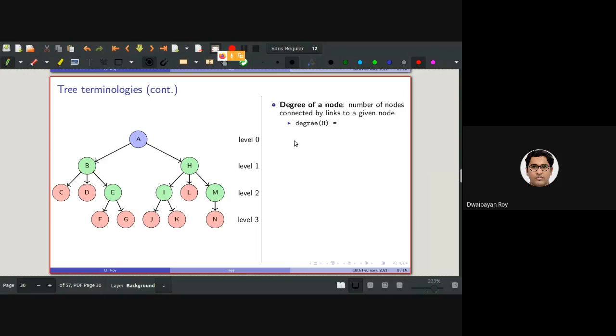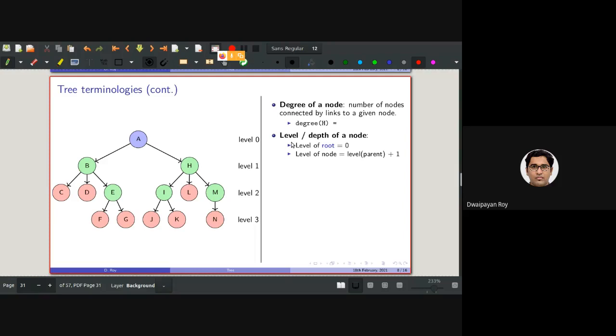Degree is the number of nodes connected by a link to a given node. So what will be the degree of H? 4. Degree of H will be 4 because there are 4 edges connected with it. Correct.